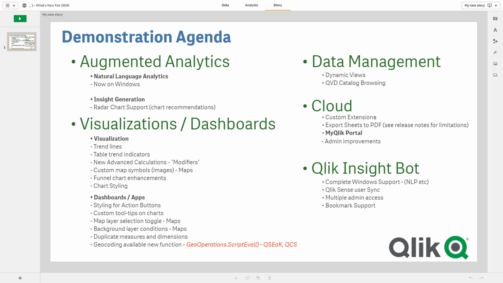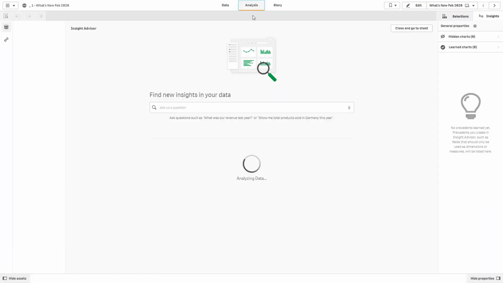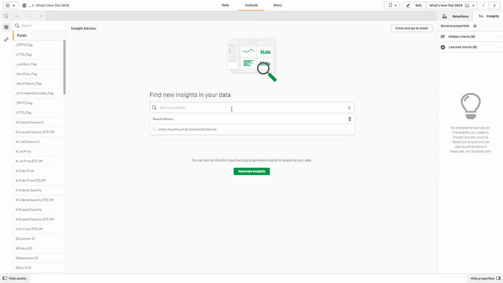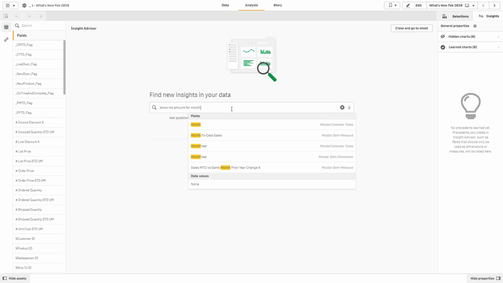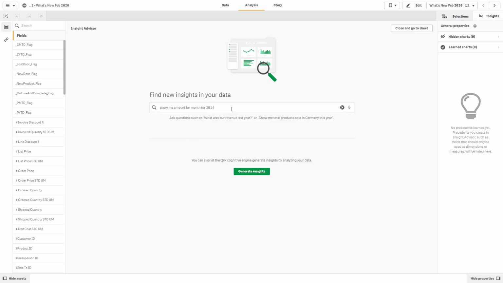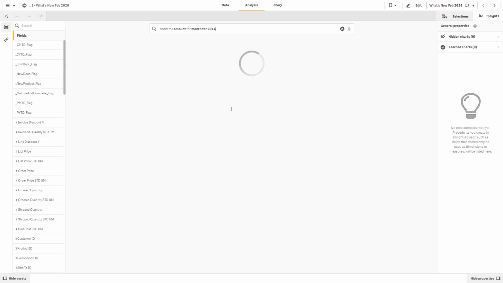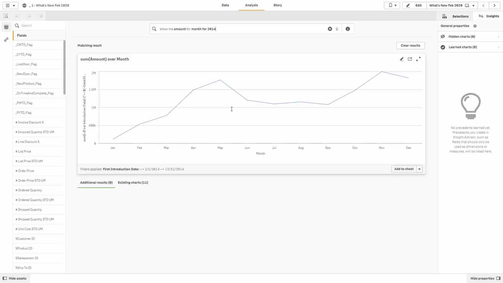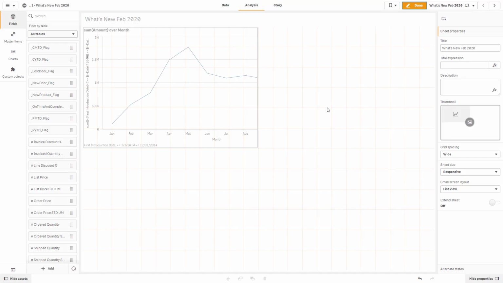Okay, so let's go to analysis. And let's use our natural language analytics again. We'll say, show me amount for month for 2014. Okay, so our cognitive engine processes, it creates a line chart for the year 2014. We'll add that to our sheet, go into edit mode,